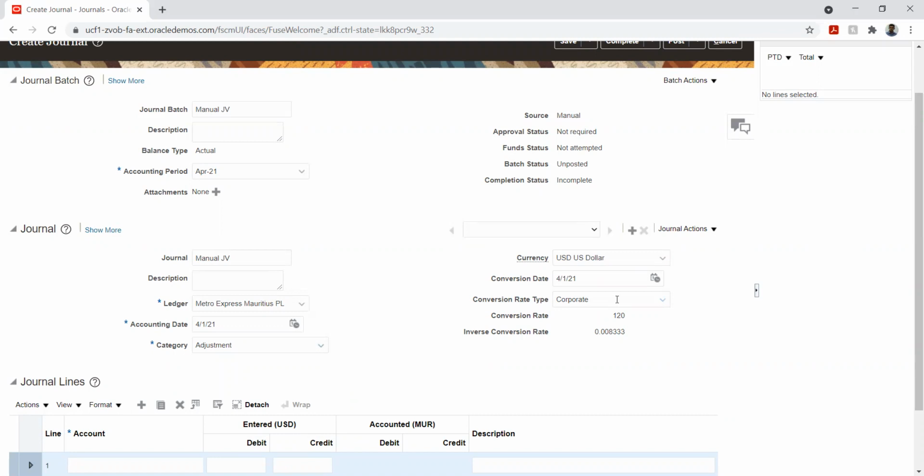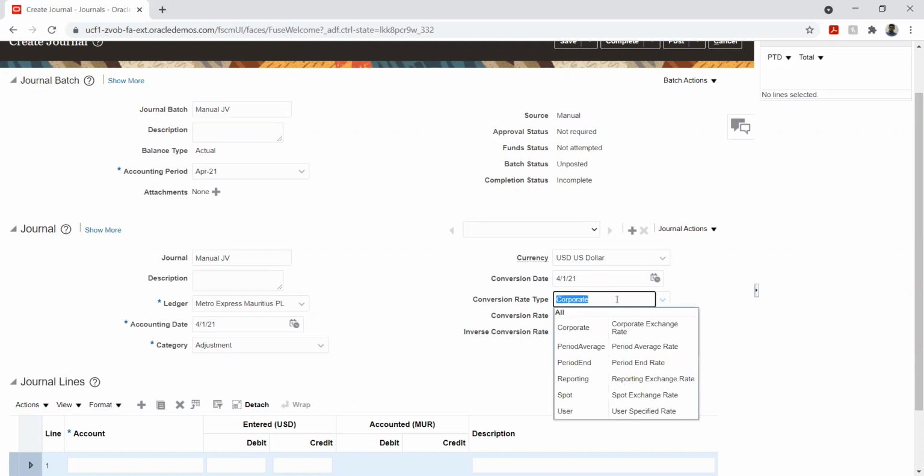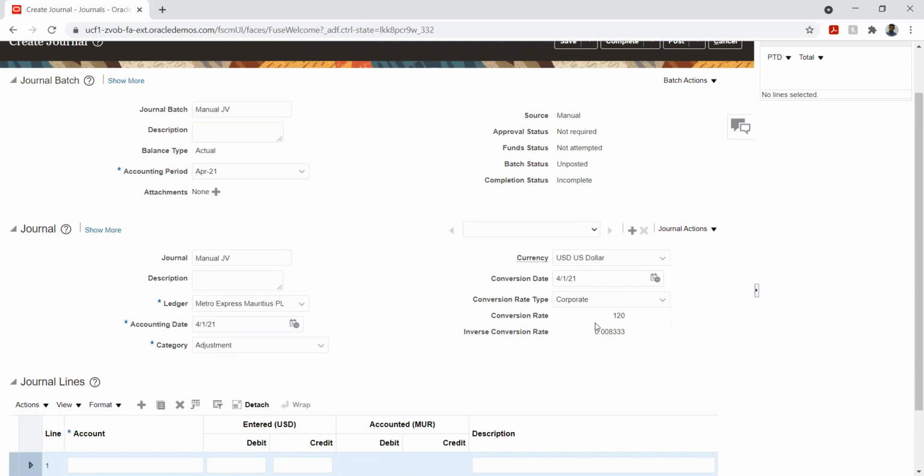So let's say I have two different rates that have been defined. This is for one particular lecture. So what I will do is select from the list. If I want to use spot instead of corporate, I'll use spot and give the rates accordingly. But I don't want to use spot at this point. So I'm using the corporate rate which we used. Now we can see the value that is 120 rupees. Okay. So the inverse conversion is nothing but from Mauritius to USD. That is the meaning.